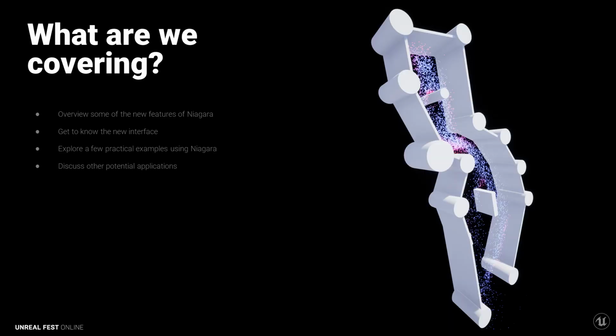I'm going to start us off with just a quick overview of the new UI, just to get you used to it. Then I'll be moving on to how we can create systems, modules, and emitters using the new system. And then moving on to a sampled skeletal mesh example, just so you can get an idea of how we build these things up. Then I'll be moving on to some of the new query and attribute reading systems.